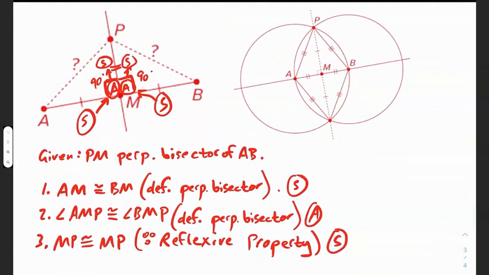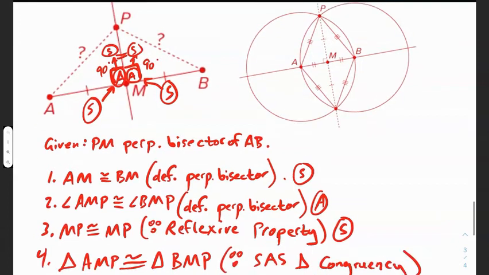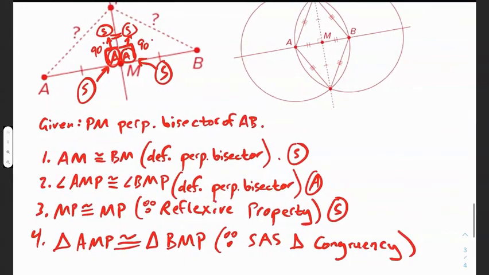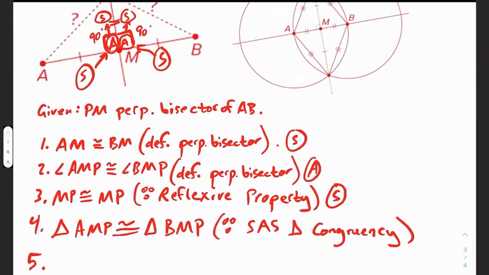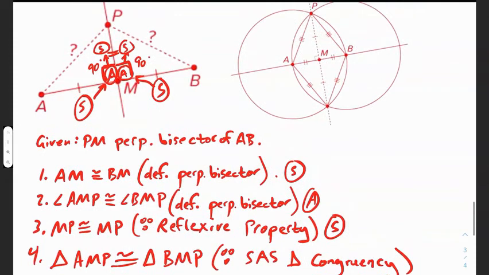Now, since we have side angle side, we can finally say that triangle AMP is congruent to the other triangle, triangle BMP, and that's again since side angle side triangle congruency. Okay, and since those two triangles are the same, we can say finally, and this is the part that we're trying to prove, that AP is congruent to BP